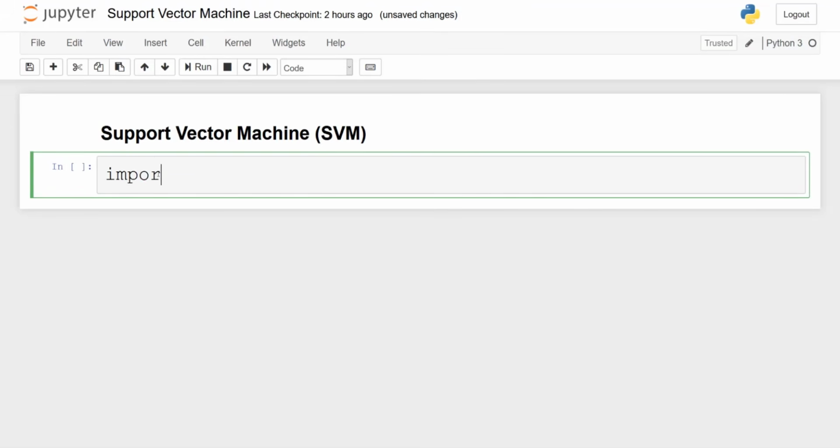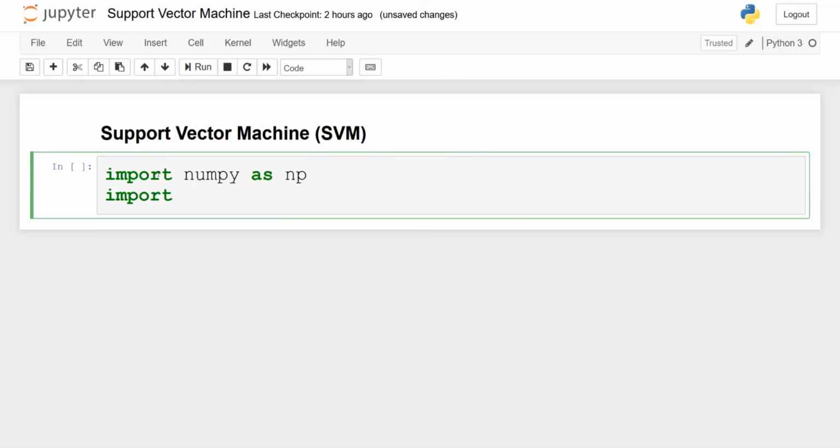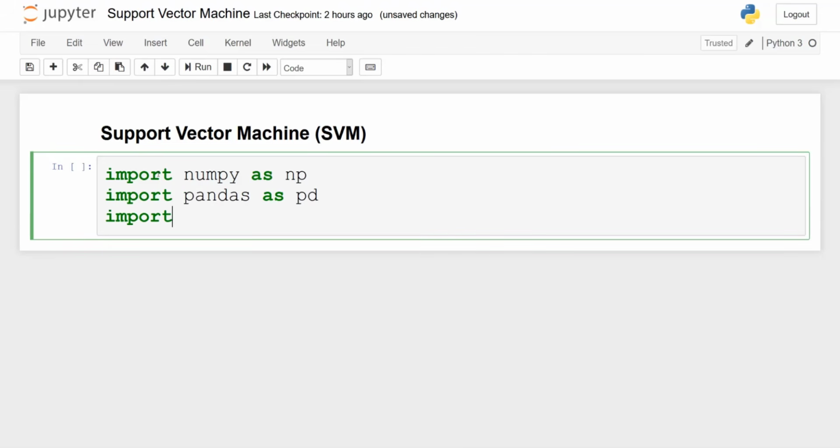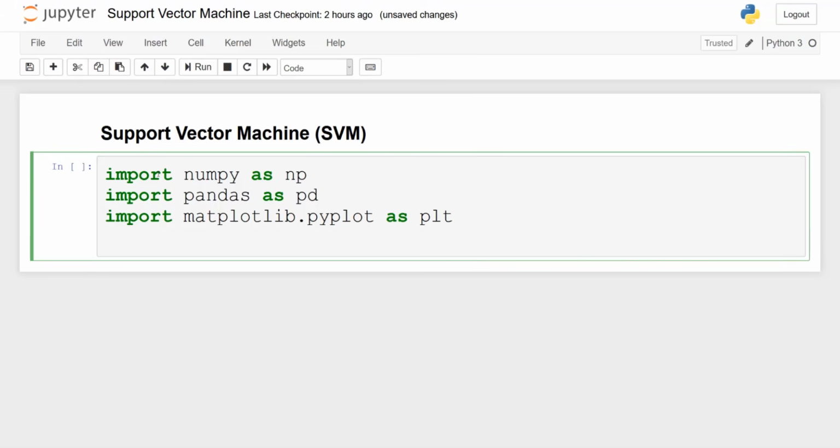So as always, we start off by importing all the libraries that we will need throughout this project. By the way, these exercises are taken from the machine learning course by Andrew Ng. I am simply solving them using Python here. By the way, it's an amazing course, and I will leave the link in the description if you want to check it out. I definitely recommend it.